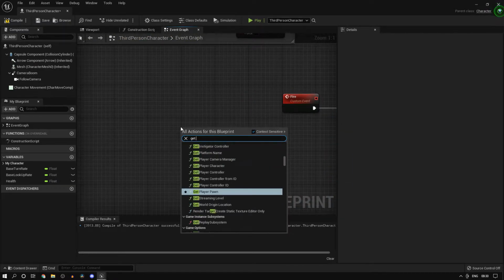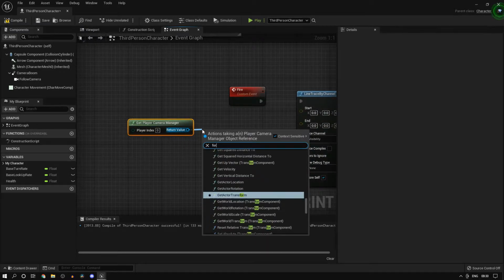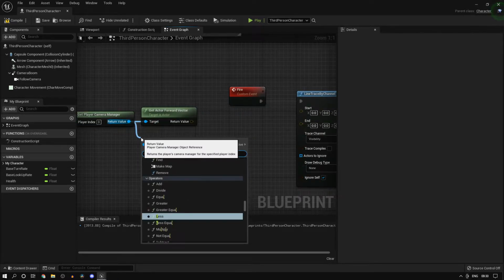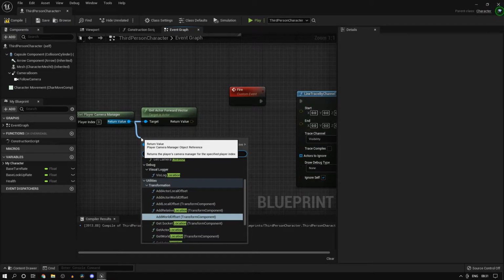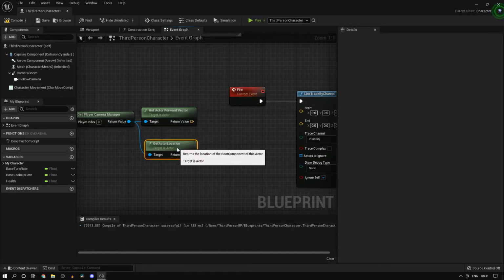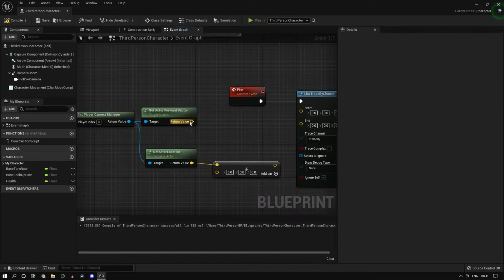We'll get the player camera manager, get the forward vector, and now we'll get the camera location, or get actor location. Then we add this with our forward vector multiplied by a constant.